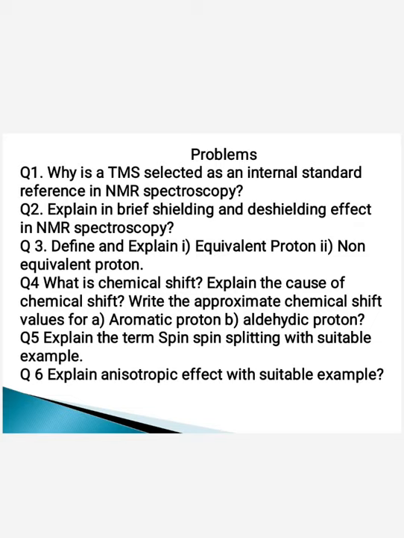While when the induced magnetic field opposes the applied magnetic field, then the field felt by this proton, which appears in this region, we call that region the shielded zone, is less, and hence the chemical shift value for that particular proton is less. This effect is called the shielding effect. Also give this effect with respect to an example. Benzene is the interesting example for this anisotropic effect or shielding and de-shielding effect.